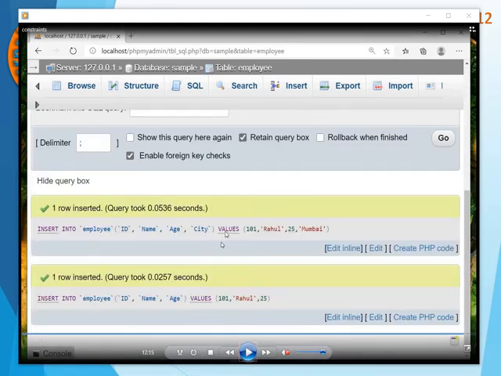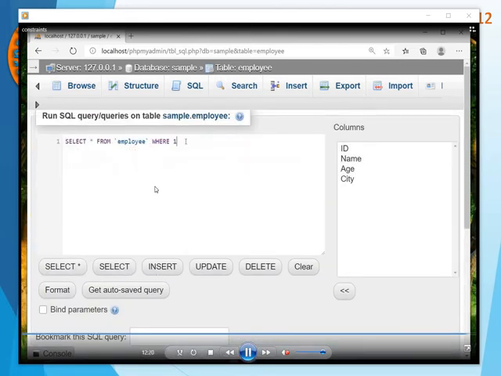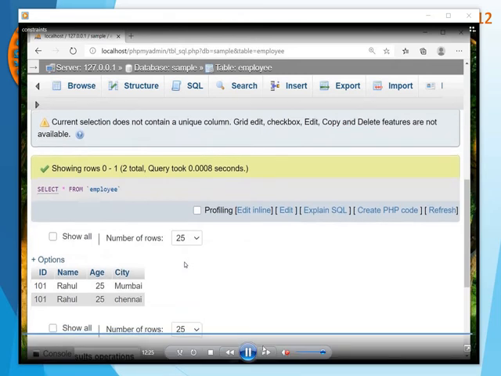See here, we inserted two records. One is 101 Rahul 25 Mumbai. Another one is 101 Rahul, but there is no value for the city. So the city value is not given, but there is no error, and it is going to give the default value Chennai to the field city. So select. Here it is Mumbai, the next one is Chennai. We didn't give the value Chennai, but by default it is taking the value. So you have learnt primary, check and default constraints.